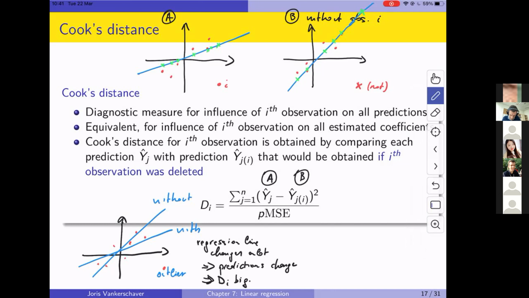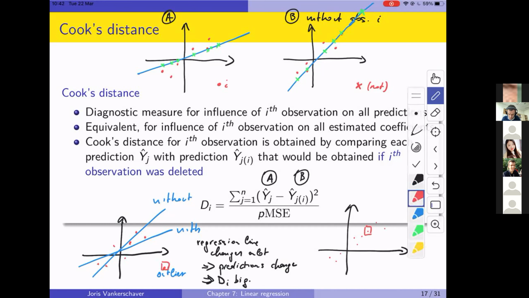And by contrast, if we have a point that's not an outlier, let's say we look at this point right here. So first we look at this point, now we look at that point. That's probably not going to be an outlier under any normal interpretation of the word. So if we look at the regression line with the point, we may have this line,